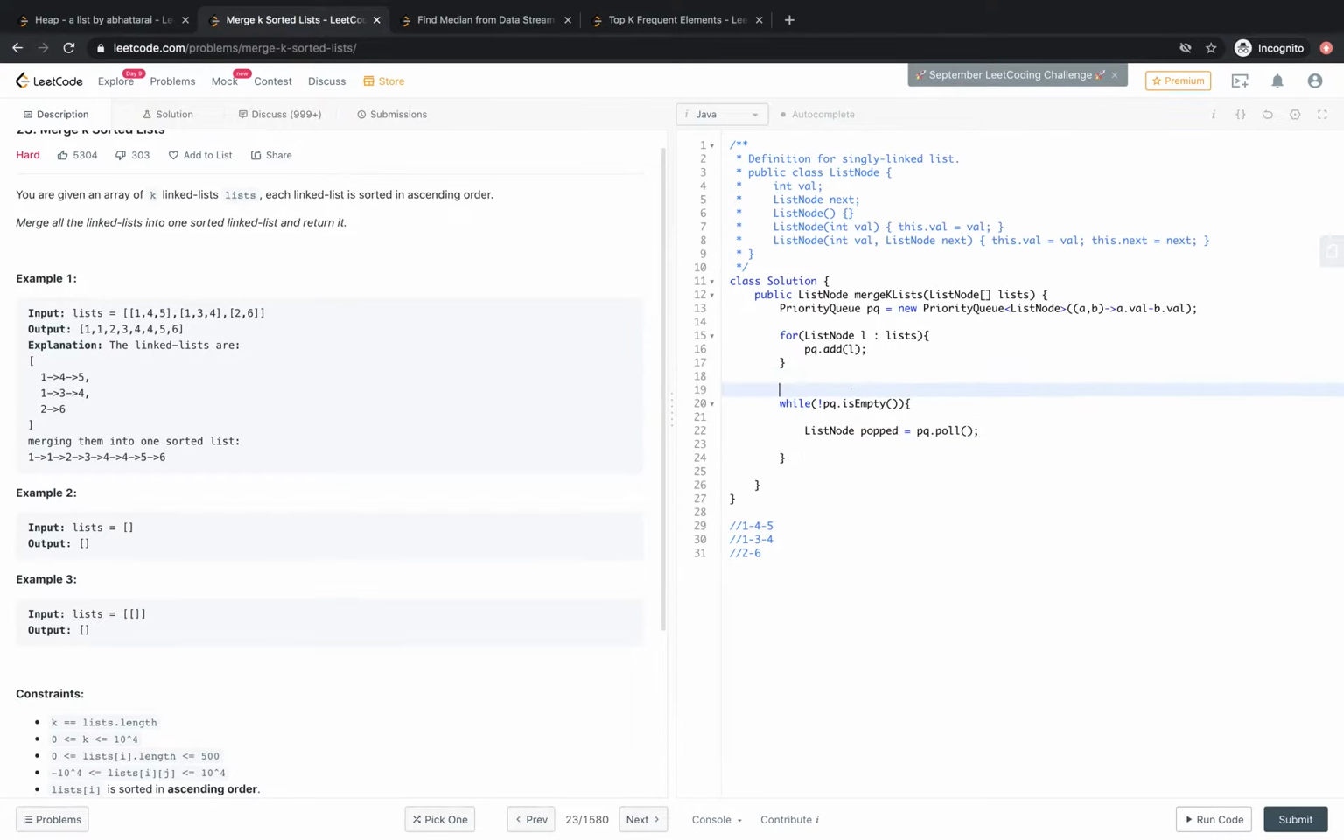we can, let's say, have a ListNode dummy equals new ListNode of 0. We'll append all these list values here. Since this is the one in the heap which is on the top layer, whenever we poll we get 1 4 5. So what we want to do is popped.next,